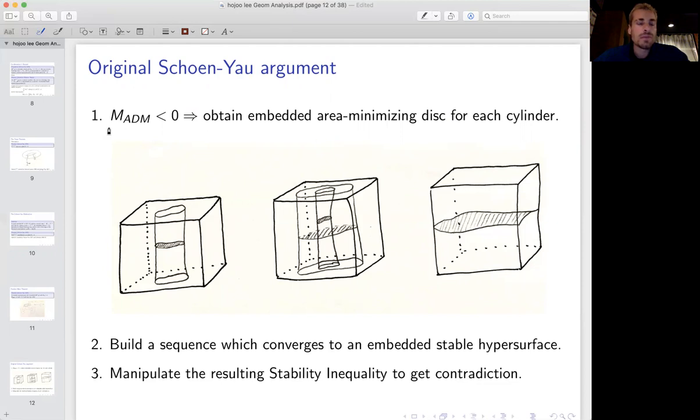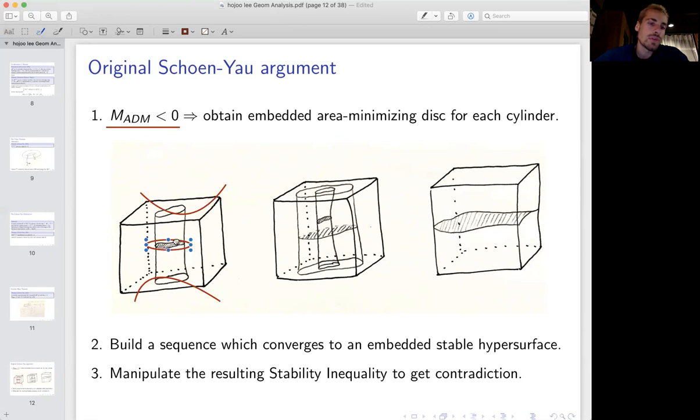So the first step I haven't written, which should really be step 0, is that you move from the manifold you have to something that has a nicer asymptotic structure that makes these arguments work better. But I haven't mentioned that because it's not relevant for now. But anyway, assuming the mass is negative, you can end up showing that these coordinate planes are bent in the right way, so that you can look at a cylinder and then obtain a solution to the Plateau problem